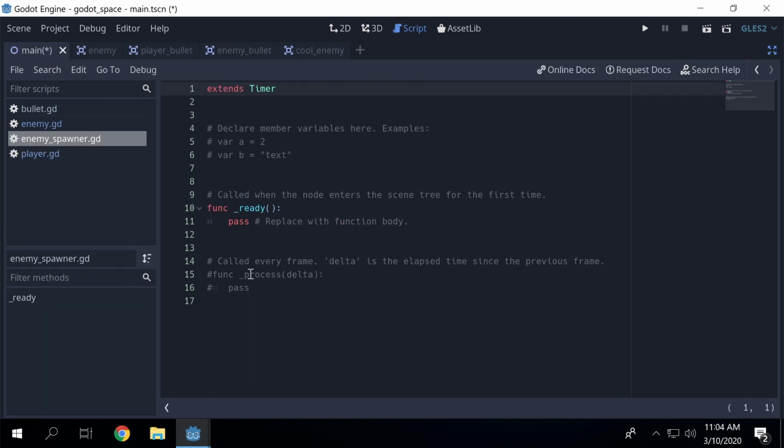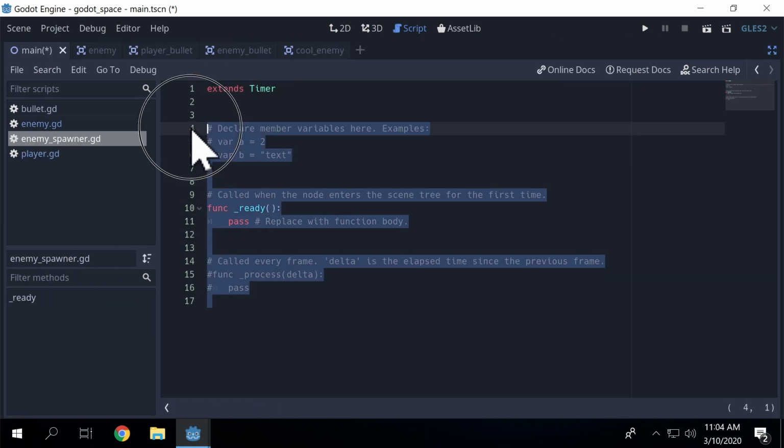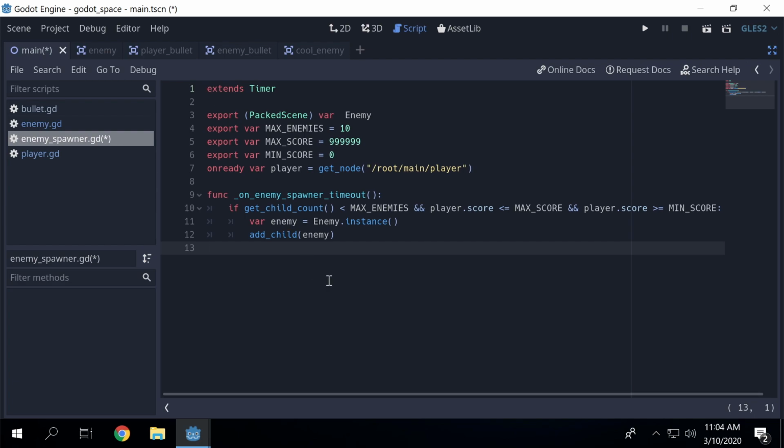So create a script. I'm going to delete and paste in my script. Now you can see I've written a function on enemy spawner timeout. So this is the function that actually creates the enemies. At the moment it's not going to get called because I need to attach a signal. So I'm just going to save that script, and then